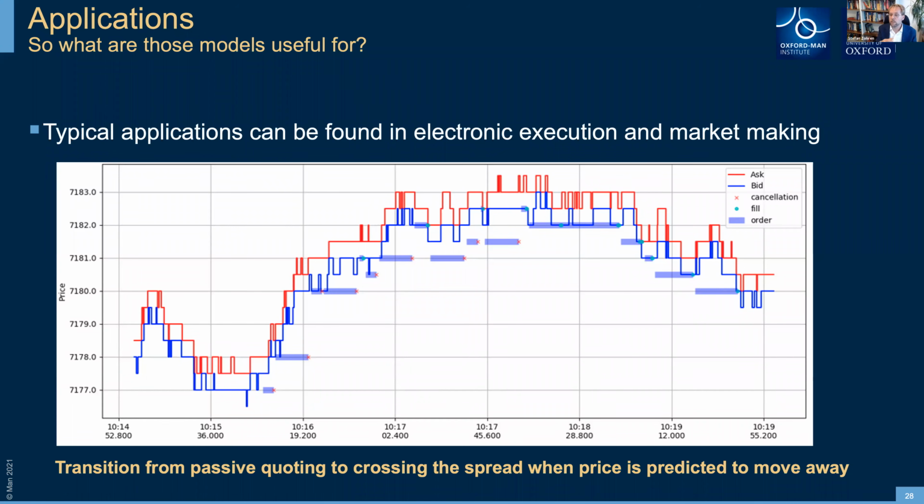You have an execution algorithm. It's trying to trade passively to save the spread, but while you're trading passively, you could somewhat anticipate if the price is moving away from you, and you could then cross the spread before it does so, and that helps you to save a spread. Obviously this is just a small saving, but you do that all the time across the whole universe. So these are small savings of pennies, but all across the board, so that ends up being quite a significant amount of savings if you think about a big investment fund such as Man, for example.